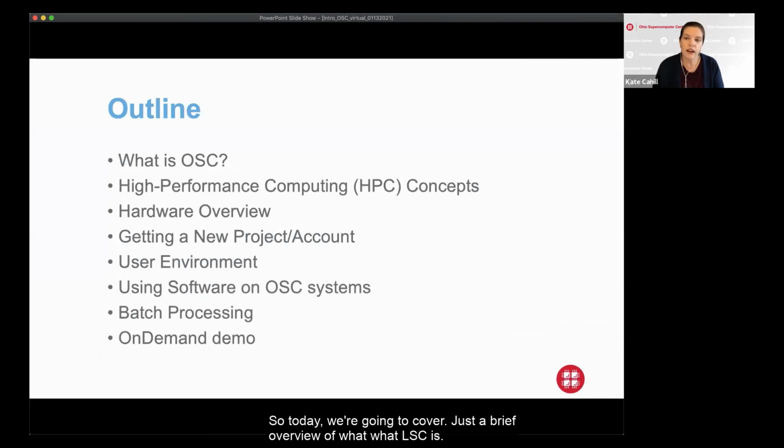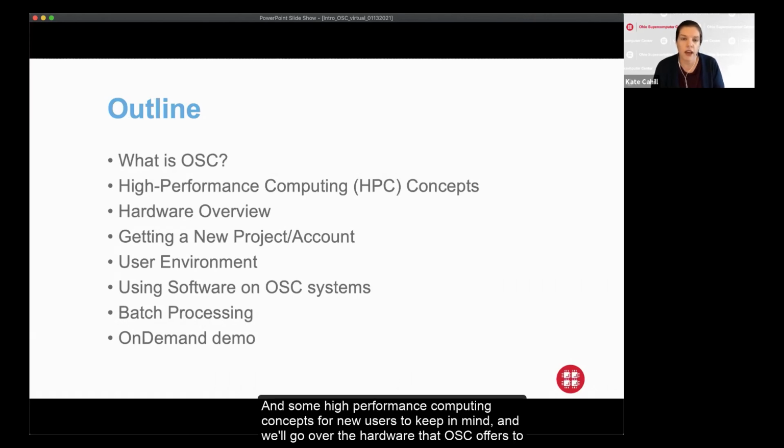So today we're going to cover just a brief overview of what OSC is, and some high performance computing concepts for new users to keep in mind.